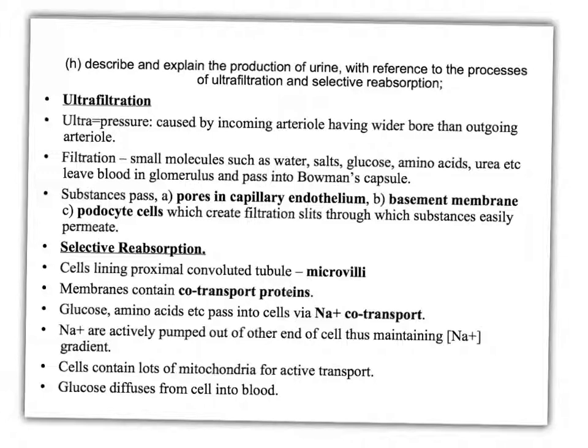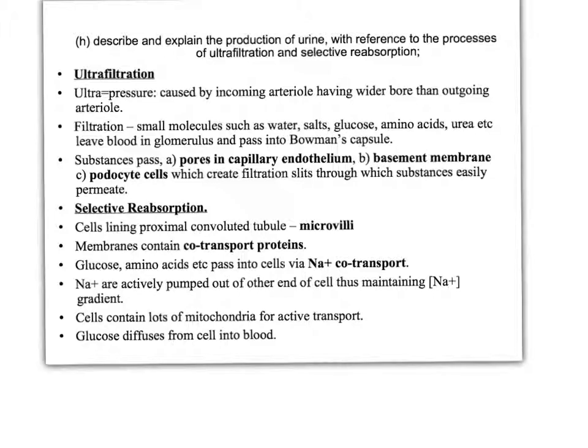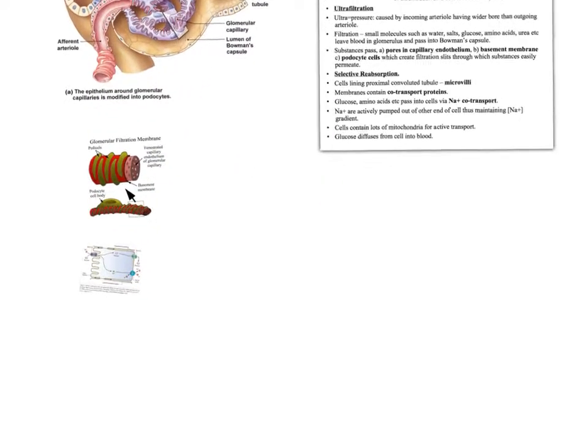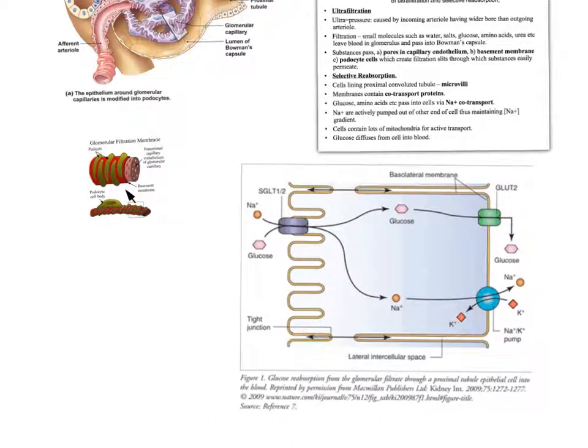The next bit to look at is what we call selective reabsorption. This is quite complicated. This occurs in the proximal convoluted tubule, which is the first of the winding tubules that passes from the Bowman's capsule. If I look at this diagram here, if you can imagine the proximal convoluted tubule, which we saw on the last slide, has the filtrate passing down here,